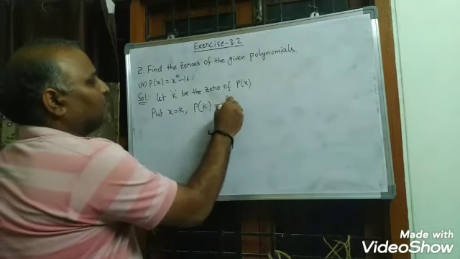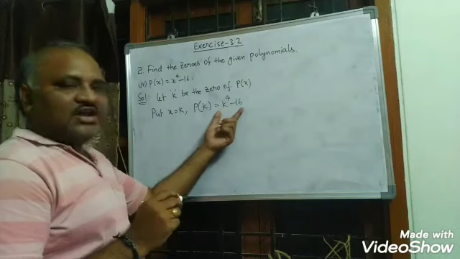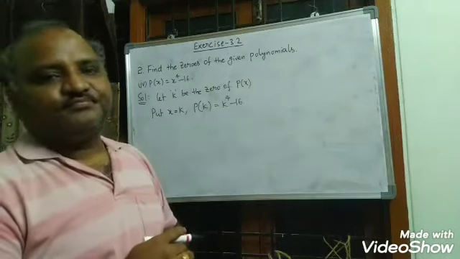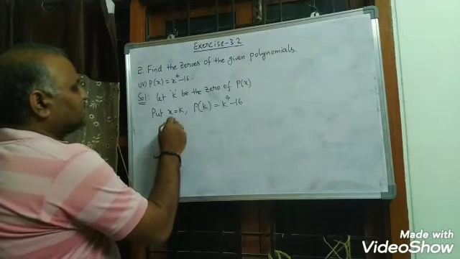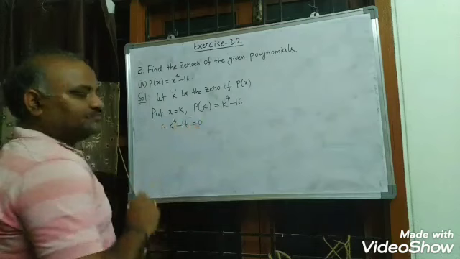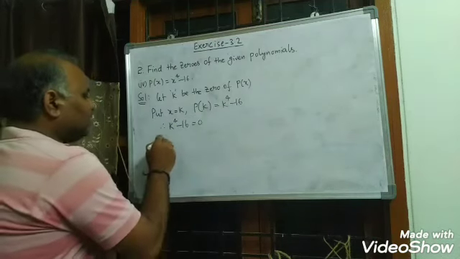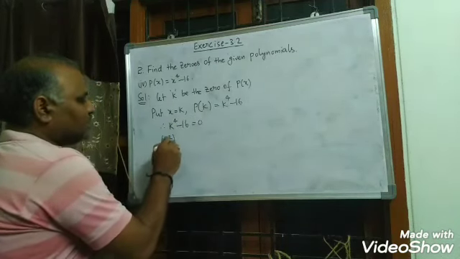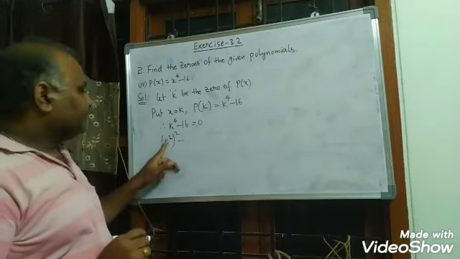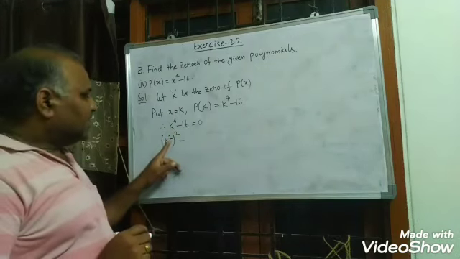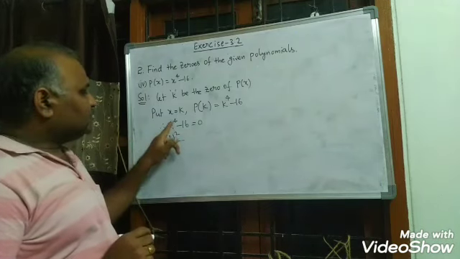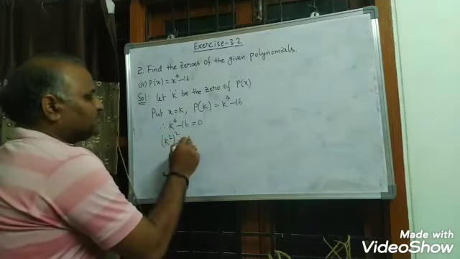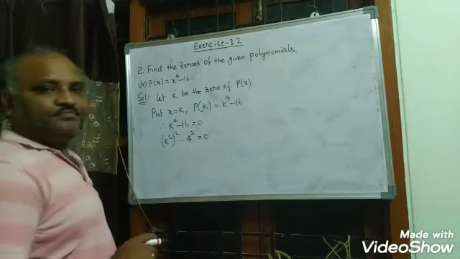That is nothing but k power 4 minus 16. This value must be equal to 0 now, as per the given problem. Now, let us equate this k power 4 minus 16 to 0. Now, this k power 4 can be written as k square whole square, because it can be applied: a power m whole power n is a power m into n. So 2 into 2 is 4. 16 also can be written as 4 square, equal to 0.